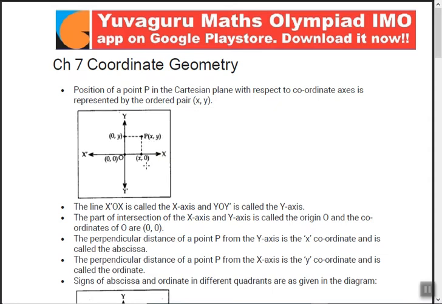It means we should be able to locate where this point P is, right? So suppose if there is some point Q over here, we should be able to locate it from the coordinates. What are coordinates basically? See here, X coordinate means where this straight line cuts X axis, and Y coordinate means where this straight line cuts Y axis. So if you know these two, you will be able to tell where this P is to be found out or where it is to be located.